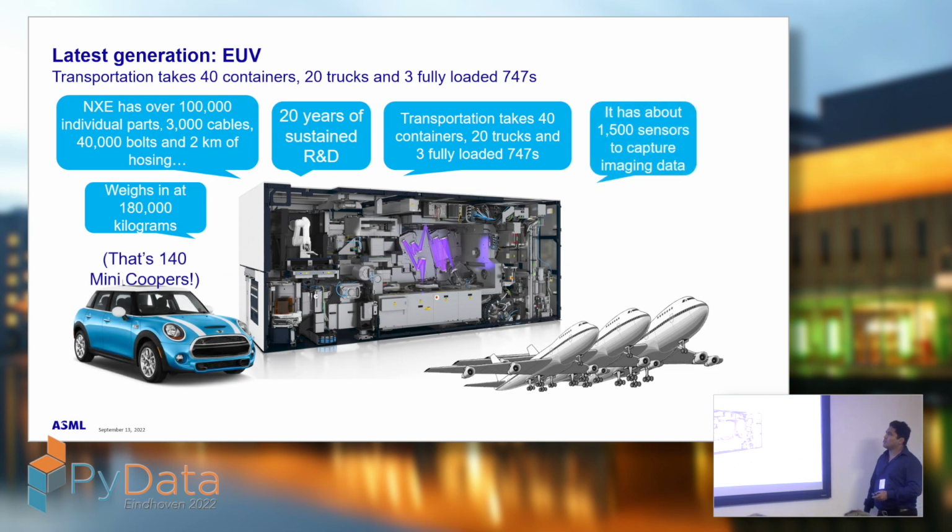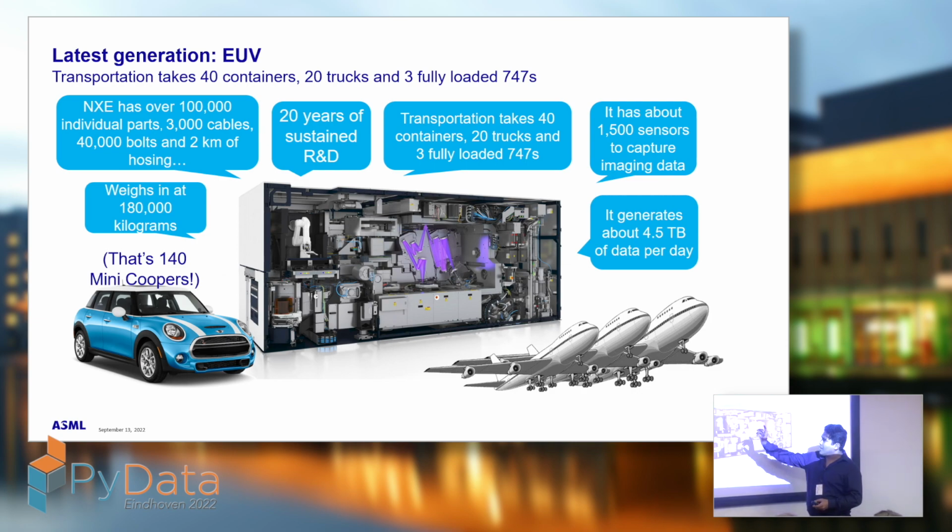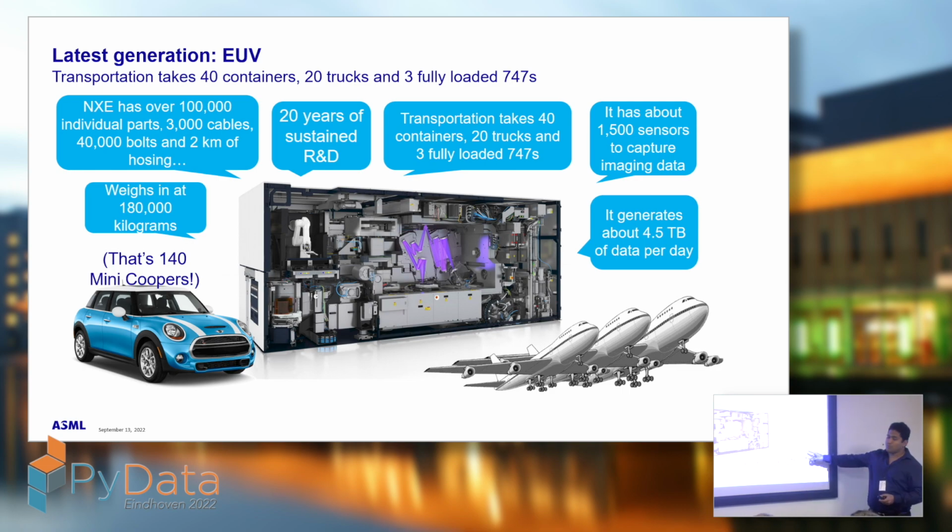our latest EUV machine. If you look at the latest EUV machine, the NXE machine, it's roughly around 180,000 kilograms. This is a Boeing 747. It also weighs exactly the same. We need 3 of them to ship one machine to the customer side. Somebody likes Mini Coopers, so in terms of 140 Mini Coopers, 20 years of R&D was put into it, and